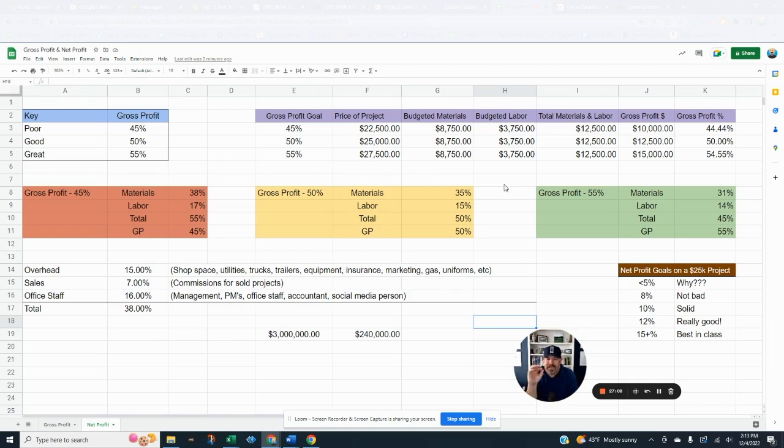So I know it's a lot of information. I've tried to keep it on just this one page to keep it a little simple. Sometimes that's hard to do, right? I mean, it just is. But when it comes down to it, you want to be one of these three numbers, right? You'd rather not be this guy because this gets really, really tight. You want to be this guy, but the goal is to get to here, maybe a touch higher.